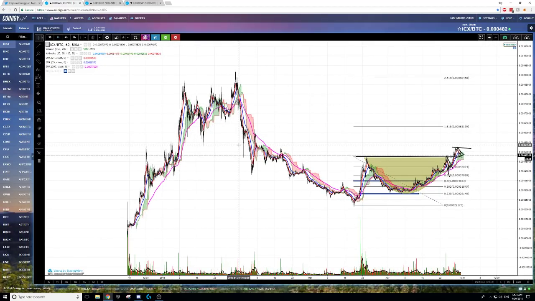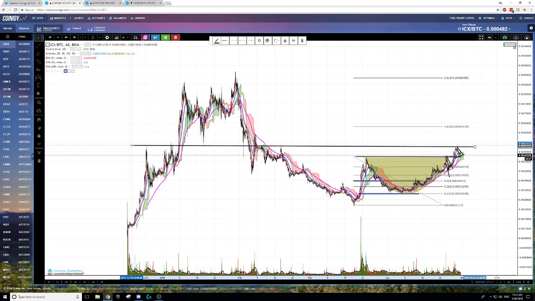The resistance we saw here is probably confirmed by this stuff over here. Obviously this is an area of interest for some people, this 52 level, and past that,